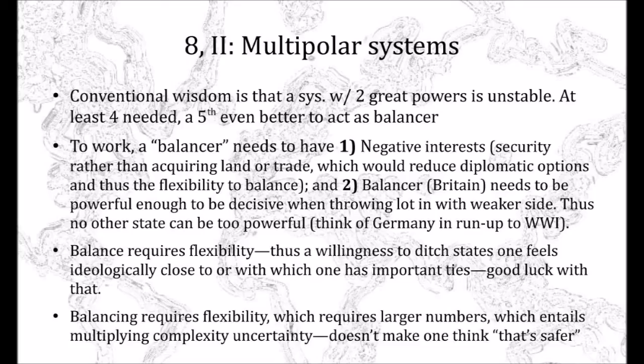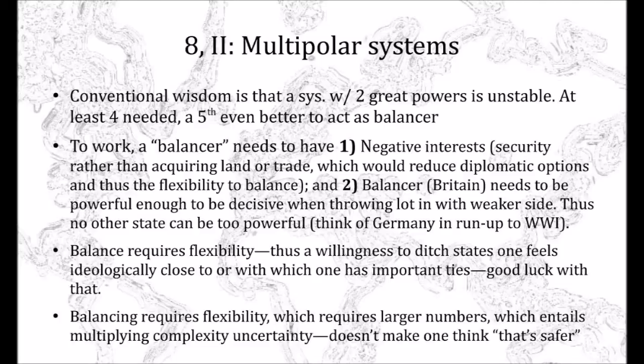The conventional wisdom is that a system with 2 great powers is unstable, or that was the conventional wisdom at least at his time. At least 4 were needed, and a 5th was even better because it could act as a balancer. But he notes it's quite difficult to act as a balancer. You need to have negative interests. In other words, be afraid of what you could lose rather than concerned about what you could gain. So you need to be worried about security rather than about acquiring land or trade, because that would reduce diplomatic options. And as he notes, if you as a great power have designs on the territory of another great power,